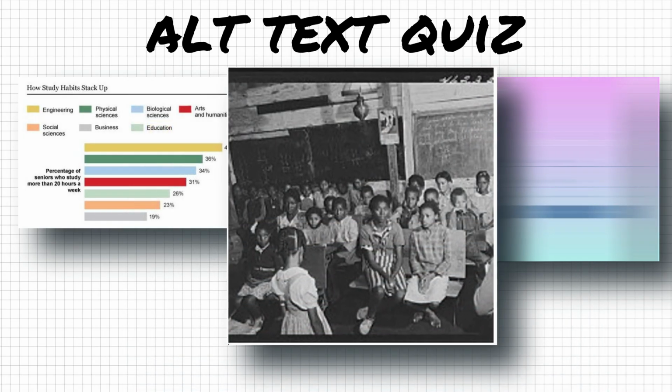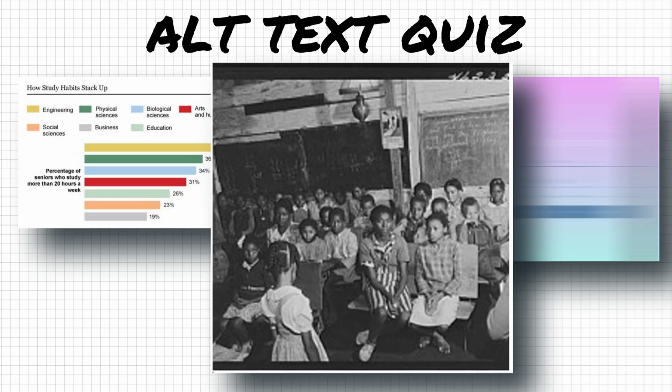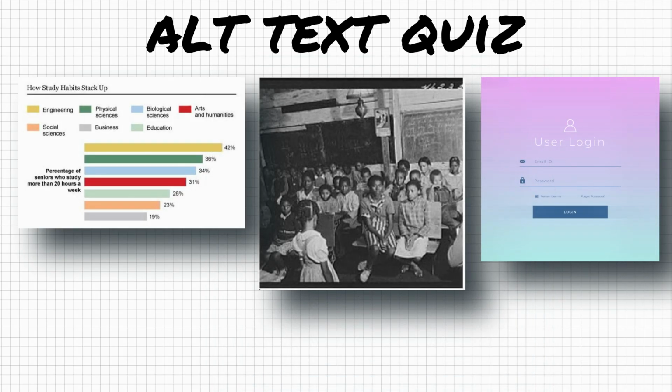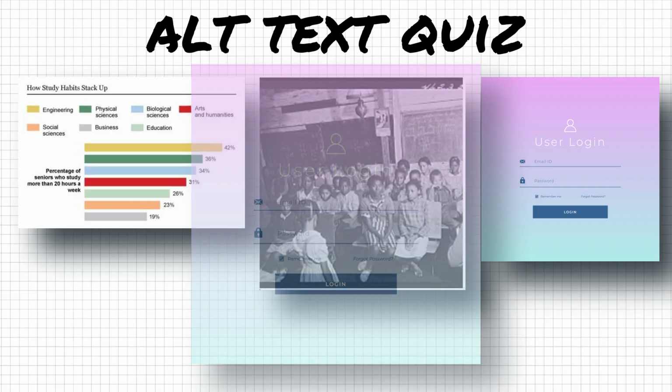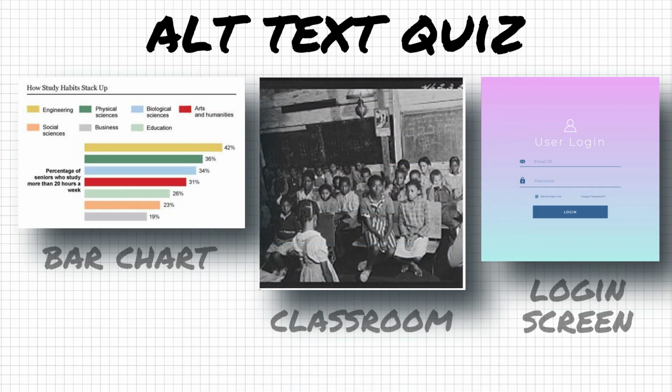The second image illustrates inequality, a Jim Crow-era classroom with very poor learning conditions. The alt text just said "classroom." And the third image is a login form used to explain what fields are required. But again, "login screen" doesn't help you understand how to use this screen. In all 3 cases, the alt text tells you what the image is, but not what you're supposed to learn